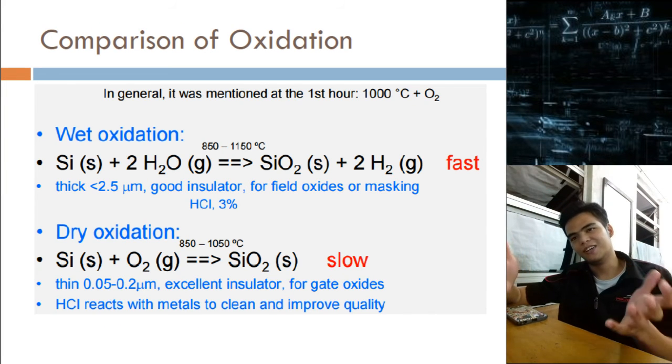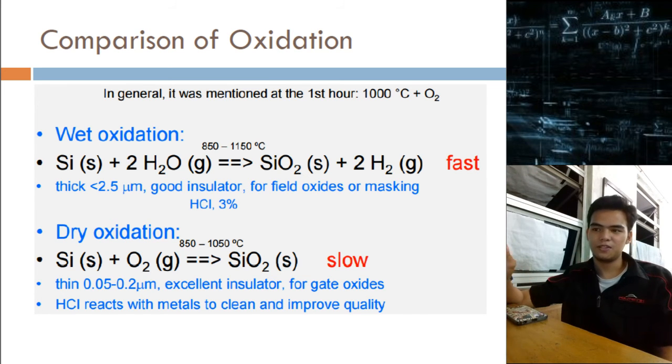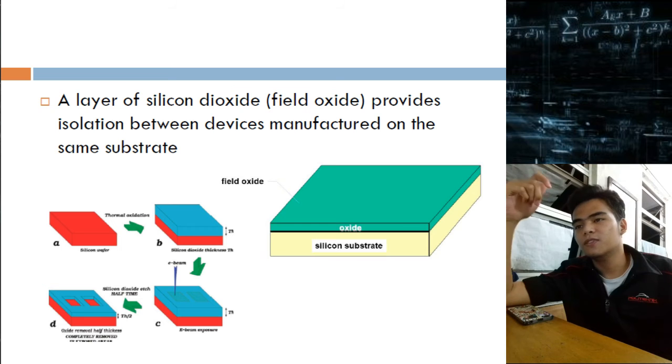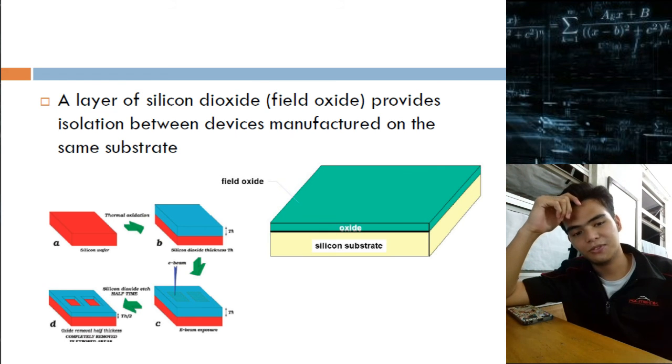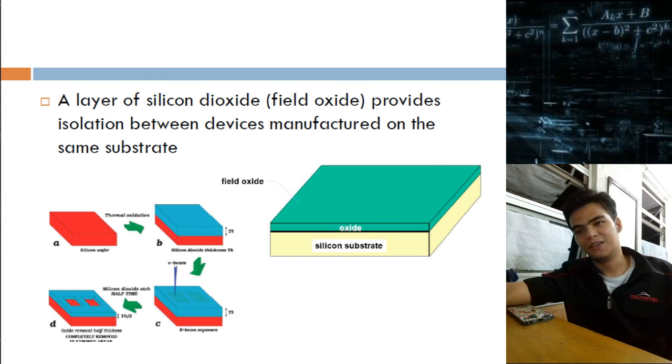So okay, this is the slide about the comparison of the oxidation. Wet oxidation is fast and dry oxidation is slow. A layer of silicon dioxide, field oxide, provides insulation between devices manufactured on the same substrate. As you can see on this diagram, A, B, C, D,